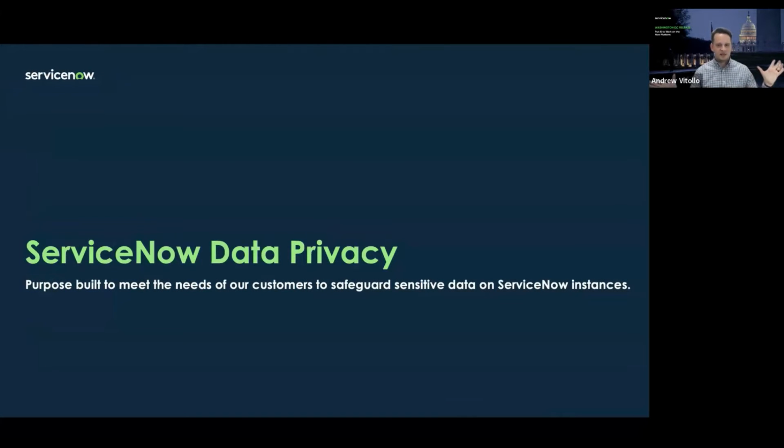With that said, let's talk about ServiceNow data privacy. The theme is that we have purpose-built capabilities that are both foundational to the platform and part of our premium bundles, there to safeguard sensitive data on ServiceNow instances. Our target customers are ServiceNow customers and partners that host both employee and their customers' data.